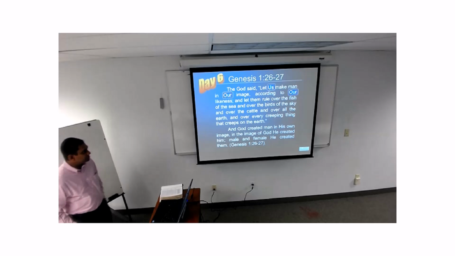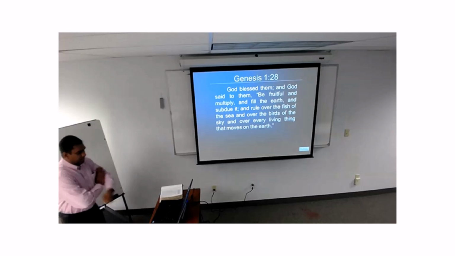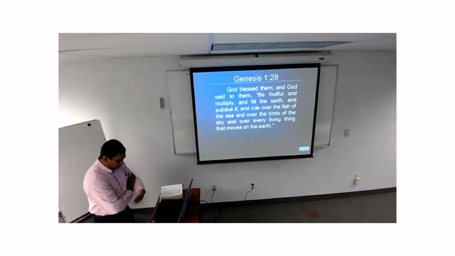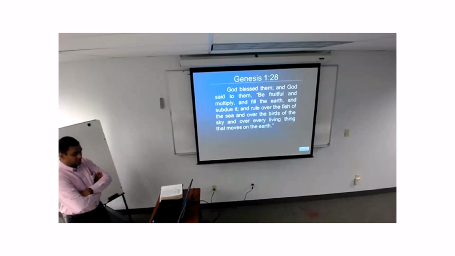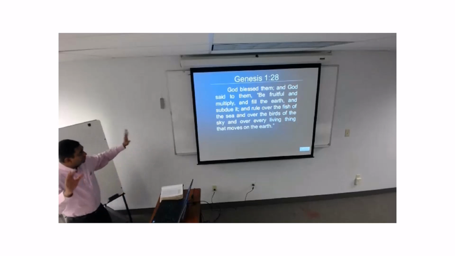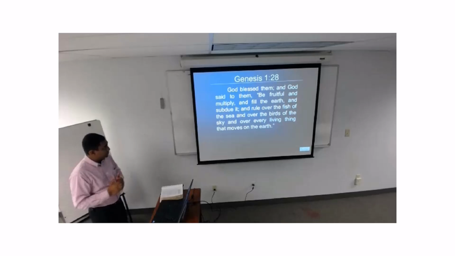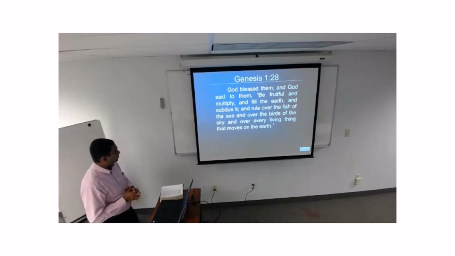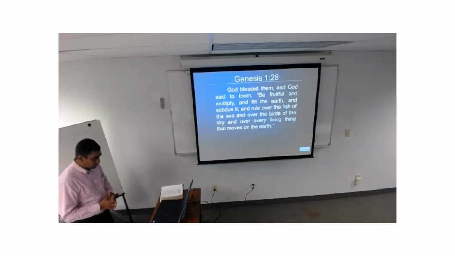So on the next slide, Genesis 1:28. God blessed them and said to them, "Be fruitful and multiply, fill the earth and subdue it, and rule over" all the various creatures that God has made. And you can see the commands that are given to man: be fruitful and multiply. This is one of the responsibilities that is given to man, to fill the earth, to populate the earth, and to spread out and have dominion over all the earth. And we'll see in Genesis 11, this was one of the commands that man didn't want to obey. And to subdue it, and to have responsibility over it and to rule over it.